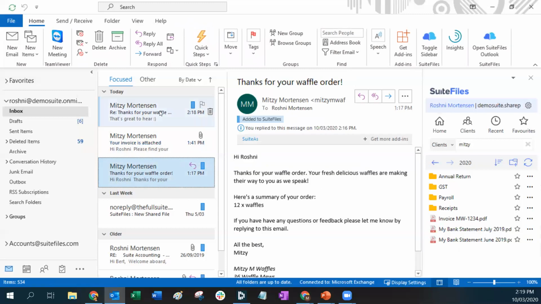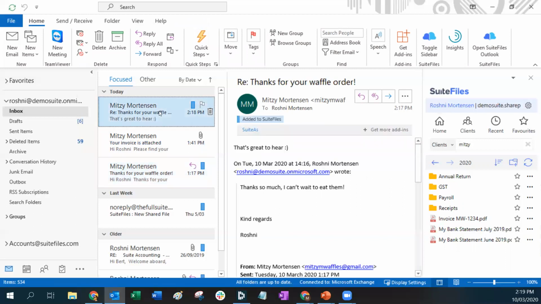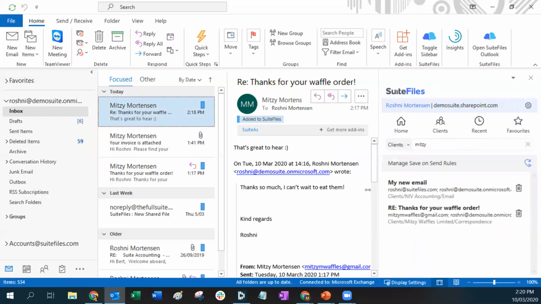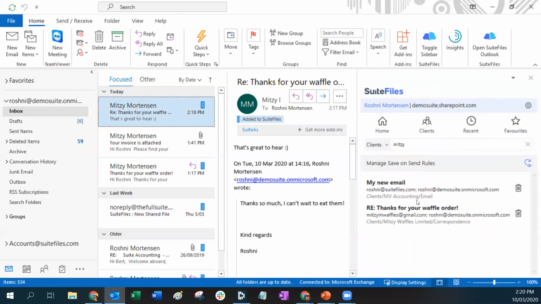Now, let's say that I want to remove this autosave rule for this particular conversation. I can jump into my settings in Outlook and select, so that's the cog icon here, then select the autosave rules. And you can see here, if we just widen that a little bit, I've got a couple of autosave rules set up for my mailbox, and one of them is the thanks for your waffle order. So from time to time, you might want to delete them. There's no harm in leaving them there, but I'm just going to delete that rule